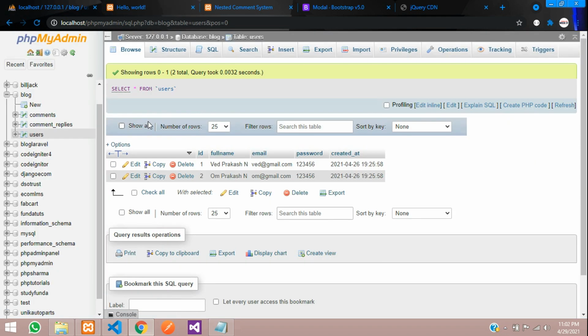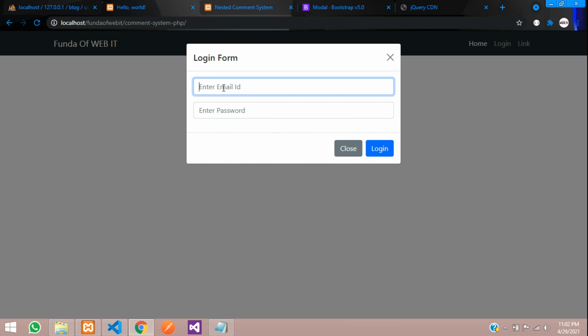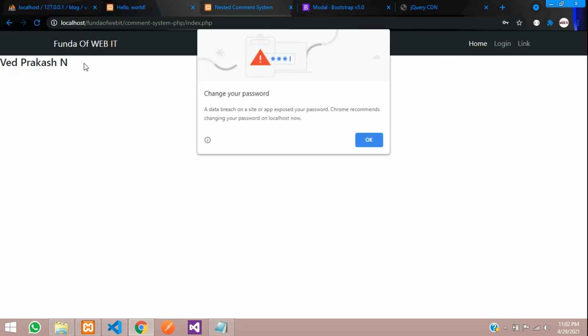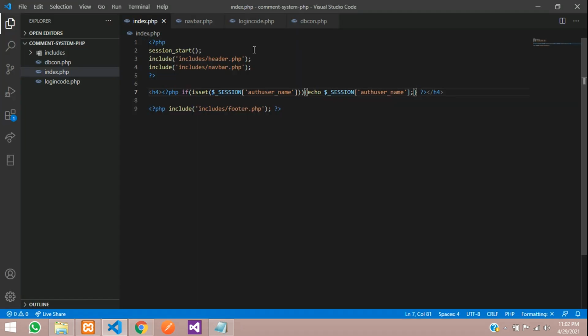So let's click on login, and now let me give the correct email. Let's refresh, browse. So you can see that ved@gmail.com is one email. ved@gmail.com email and password is 123456. So let's try to log in with it. Okay, 123456. Let's click on login. You can see Ved Prakash. Perfect. So data has come,